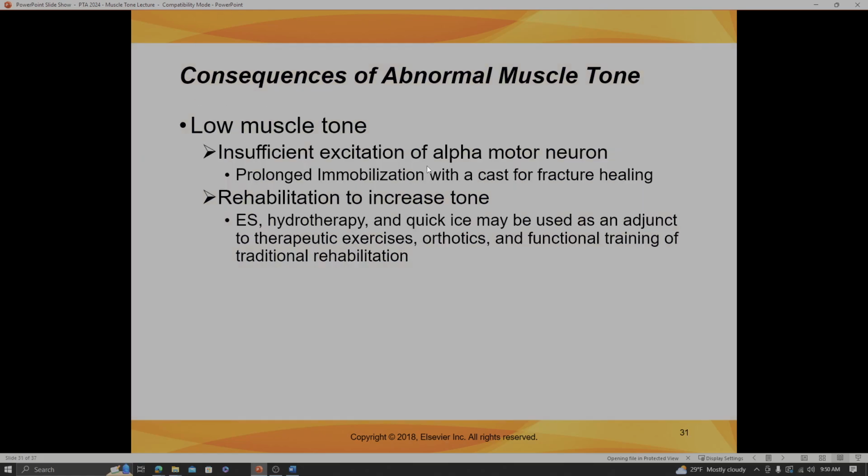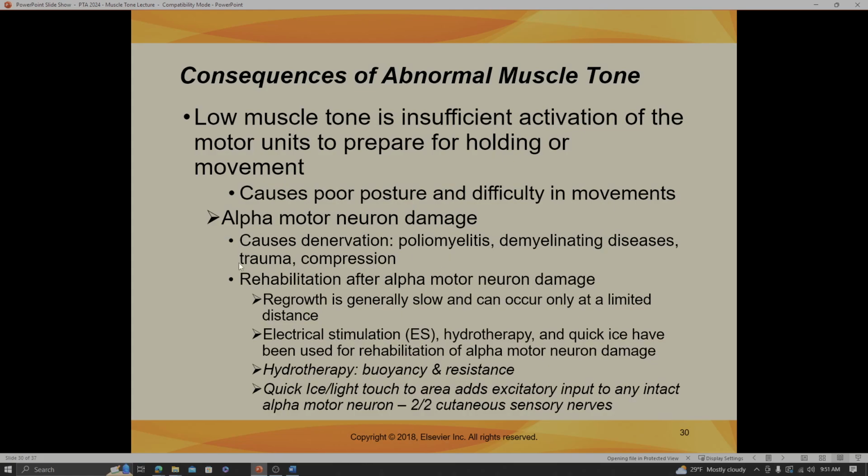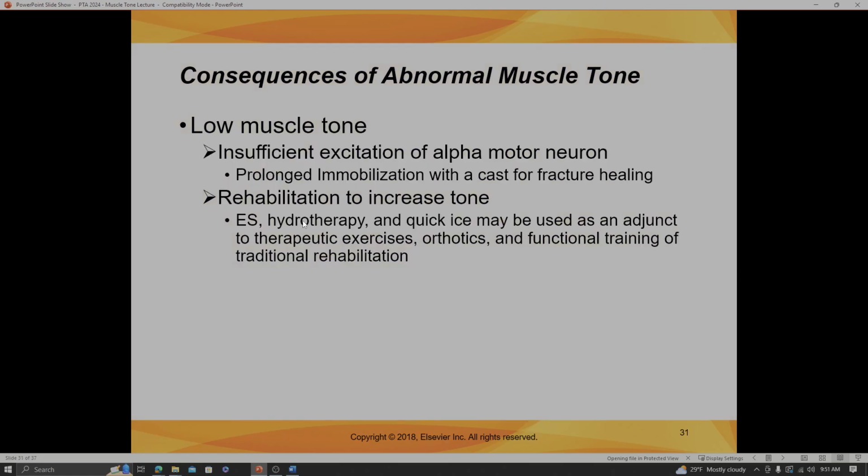So here's low muscle tone, which is insufficient excitation of the alpha motor neuron, and we're trying to increase the tone. And this can be from a neuromuscular disease process, a neurological disease process, trauma or compression on a nerve, right? So here are a few things you might do for that. Here are some of the rehab modalities or physical agents, and therapeutic agents we can use to